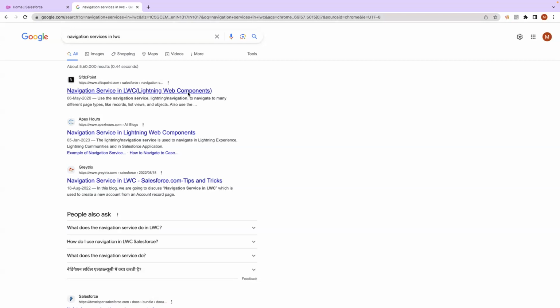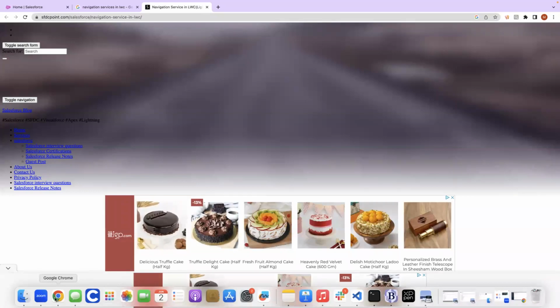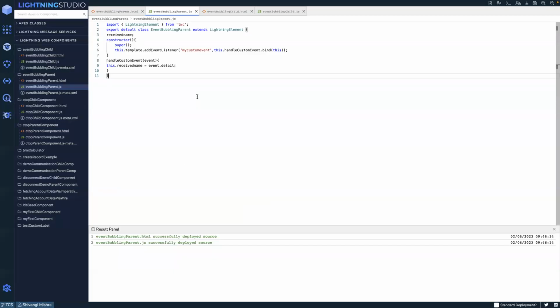ओके। एंड देखो लाइटनिंग तो नेविगेशन, वो बाइंड, कोड में बाइंड ब्रैकेट में पैरामीटर पास किया दिस। कोड देखो। देखो क्या हो रहा है, हम क्या बोल रहे हैं कि जब भी ये कस्टम इवेंट हो तो हमने एक इवेंट ऐड करना है। ऐड इवेंट लिसनर क्या करता है, किसी इवेंट को लिसन करता है, किसी इवेंट को सुनता है, और उसके सुनने पे जब भी उसको कुछ रिस्पॉन्स आता है, तो वो एक एक्शन परफॉर्म करता है, ठीक है। तो हम यहाँ पे क्या बोल रहे हैं, जब भी ये इवेंट एग्जीक्यूट हो, तो हमने हैंडल कस्टम इवेंट को फायर कर देना है। हैंडल कस्टम इवेंट एक फंक्शन है, ठीक है।